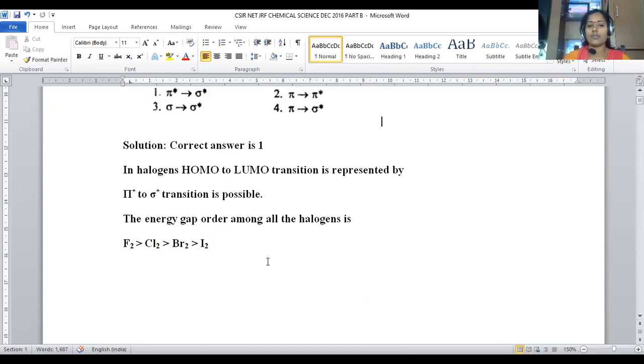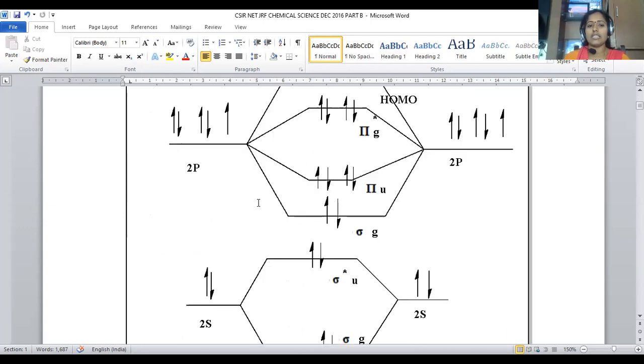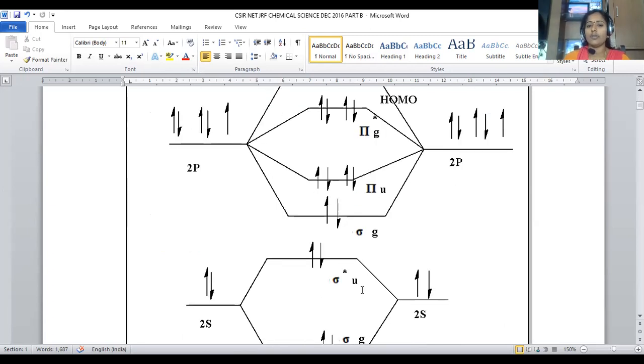Let us discuss in accordance with molecular orbital theory. The simplest example, fluorine molecule, I am considering. Here, 2s and 2p orbitals will be filled in such a manner. When 2s orbitals were taken, 2 electrons will be contributed in bonding and the remaining 2 electrons entered into the antibonding orbital. Here, g and u terms are represented. G denotes what? Gerade orbital. Sigma bonding is denoted with gerade. Sigma antibonding is denoted with ungerade orbital. Pi bonding is called ungerade. Pi antibonding is called a gerade orbital.